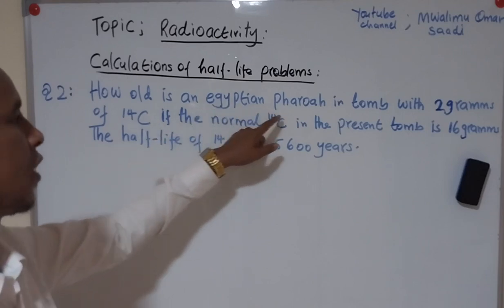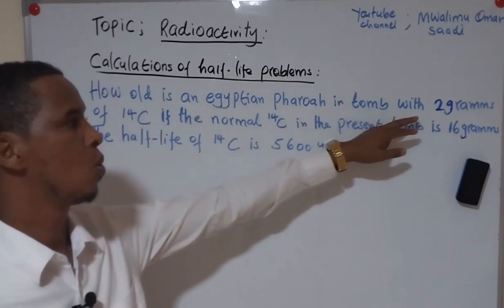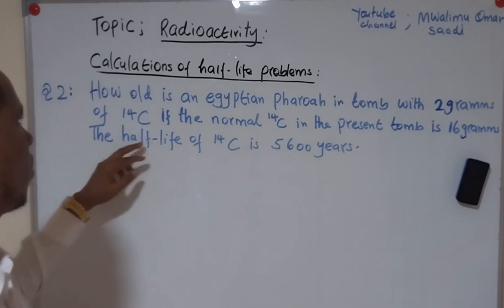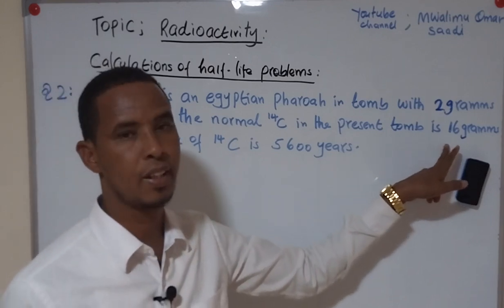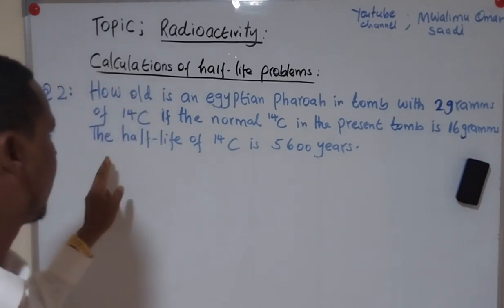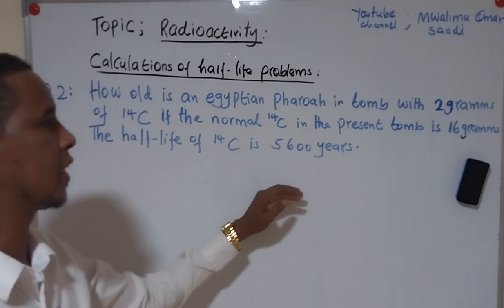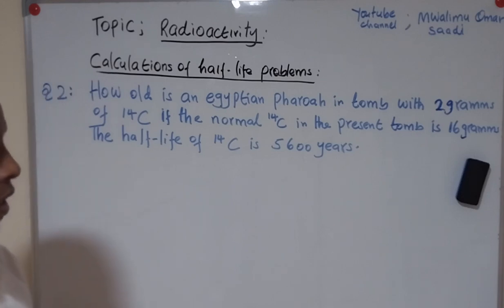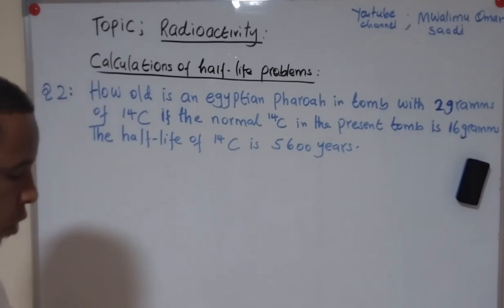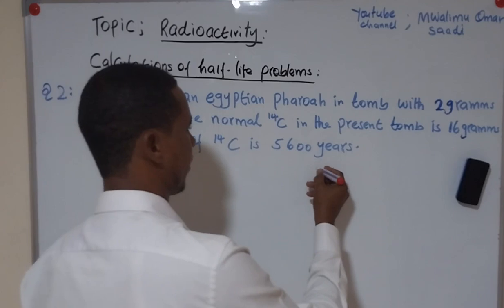An Egyptian pharaoh is in a tomb with 2 grams of carbon-14. If the normal carbon-14 in the present tomb is 16 grams, and the half-life of carbon-14 is 5,600 years. So we use a very simple equation to solve the half-life